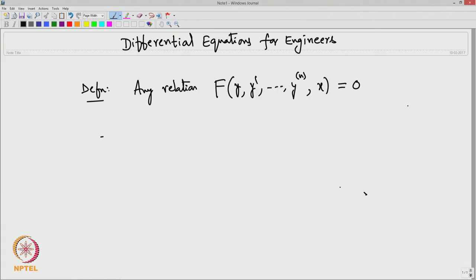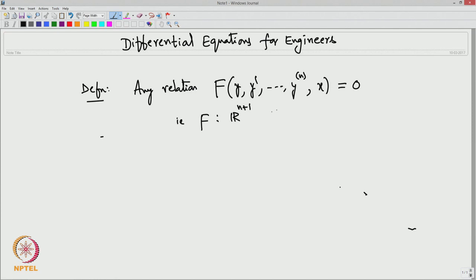if you have a relation like this, what exactly does this mean? That is, F is from R to the power n plus 1, since we have 1, 2, 3 up to n. How many variables do I have? The dependent variables y, y dash up to the nth derivative can take real values, so R^(n+1), cross x, which also takes real values, to R. Any relation F from this domain to this domain satisfying F equal to 0 is called